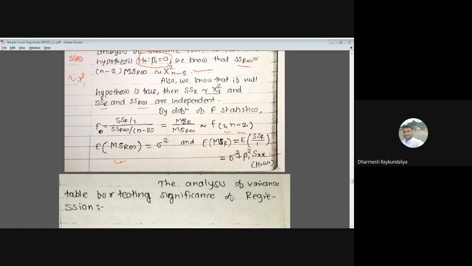We have proved this for a multivariate setup in the concept of a general linear model. You can try it as homework. Expectation of mean square due to regression is equal to sigma square plus this term. Under which condition are the expectations of mean square due to regression and mean square due to residuals the same? It is the same when beta 1 equals 0. If you substitute beta 1 equal to 0, this part vanishes, so it is sigma square. The expected MS due to regression is sigma square and MS due to residual is sigma square, provided beta 1 is 0.